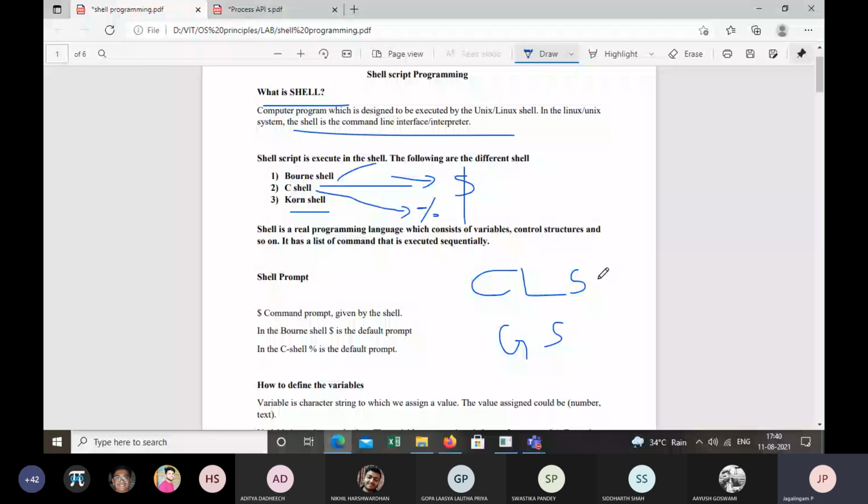Command line shell is nothing but command line interface. So if you take the Linux environment, if you have an operating system like Ubuntu or Mac, then the shell will be accessed as a terminal. What about in the case of Windows operating system?